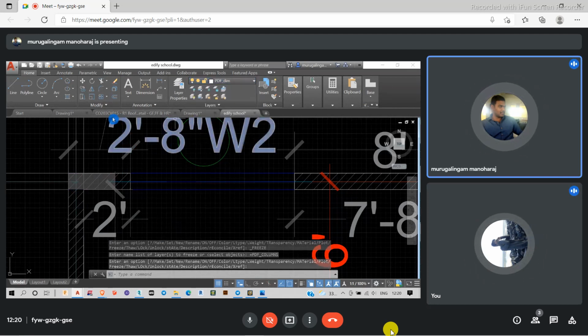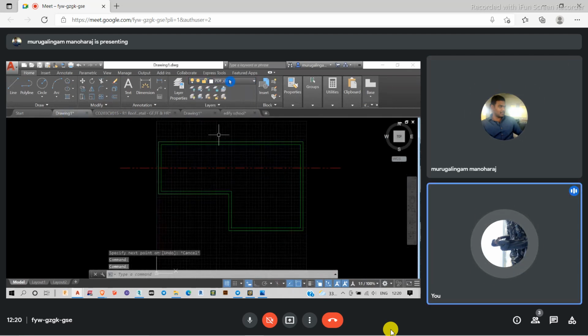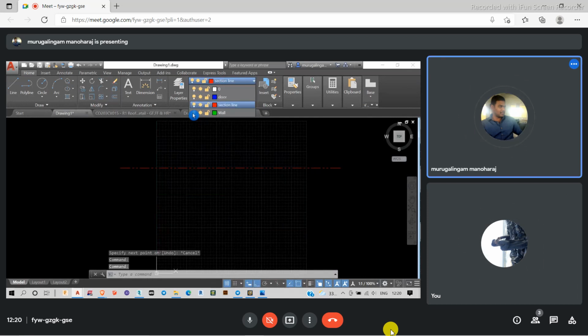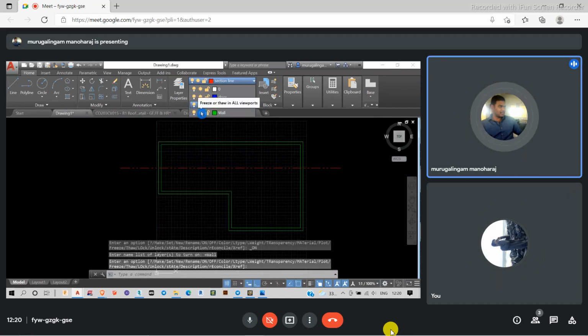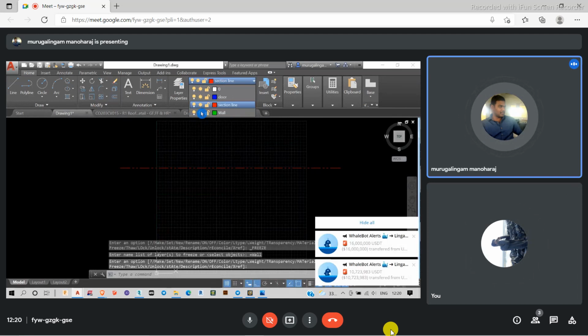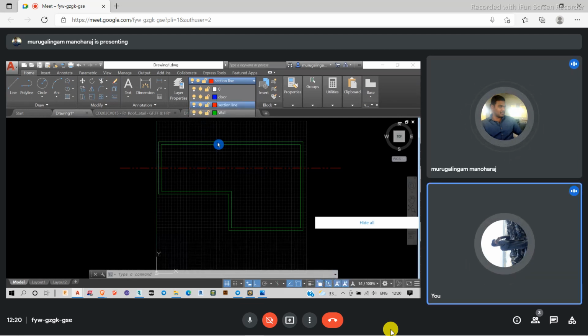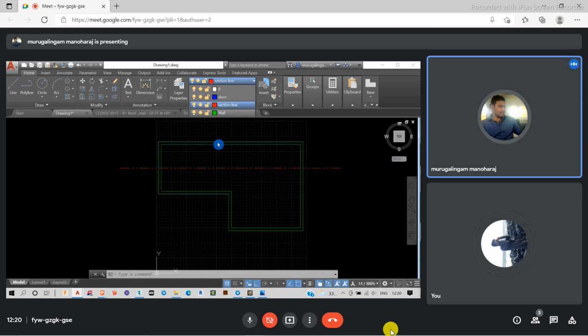Let's make this a little bit clearer. When I click the wall option, it's getting turned off. When I click the freeze or thaw option, again it's getting turned off. So what is the difference between these two? Why keep the same option? When you are working on a very big drawing for companies, the project will be very big and you have to draw a lot. Your system will get hanged, especially in higher end software like 3ds Max.